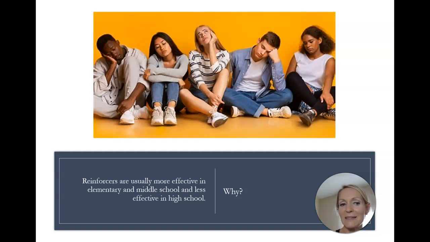So I think that's something interesting to think about, especially for those of you who are working with teenagers. And some people suggest that teenagers are much more self-sufficient, so trying to bribe them with a gel pen if they do something, or putting a star in their paper is not something that's going to increase the likelihood that they continue to do it. Because they can do those things on their own, or they're not even interested in them.